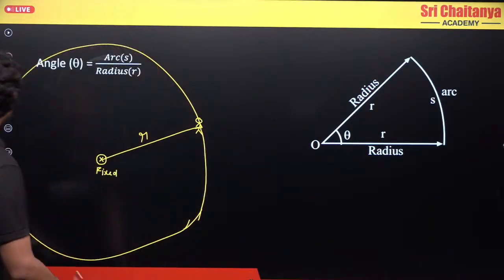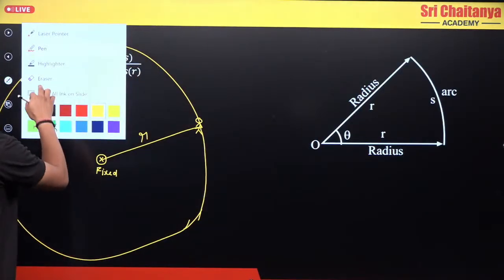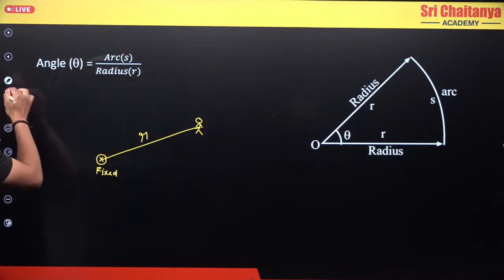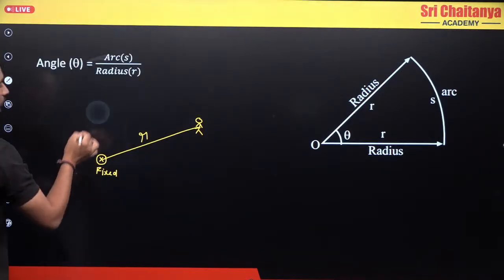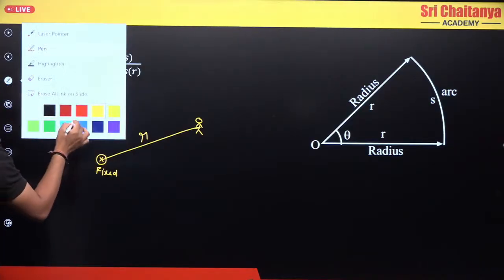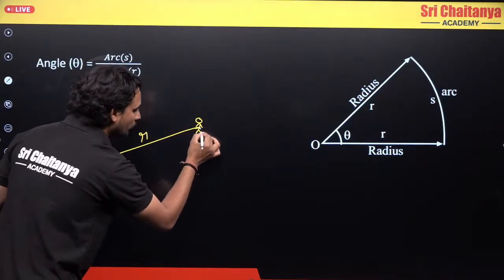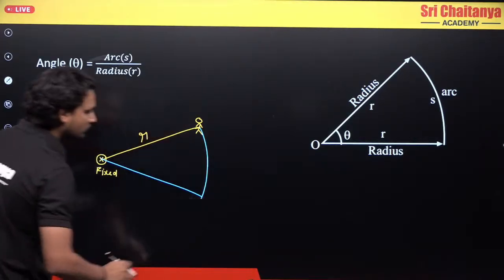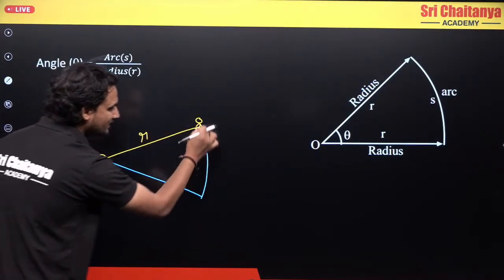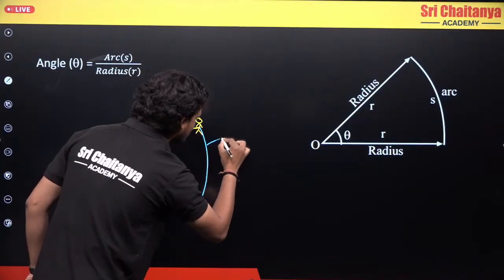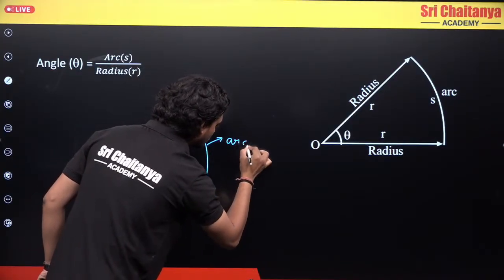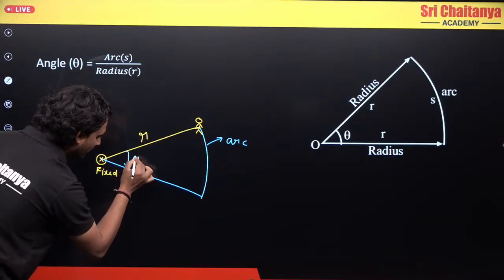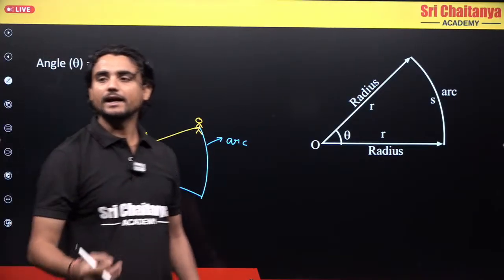Since I am not able to go further than this, I will form an arc. Basically this is a circle, but we will also be forming an arc. Let's say I am able to move from here to here, and my string will also come here. So this is an arc which is formed, and I have moved through some angle theta, an angle rotated.